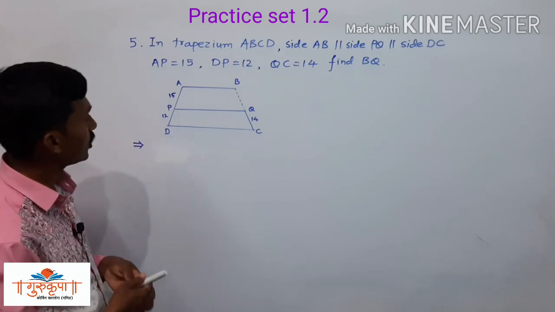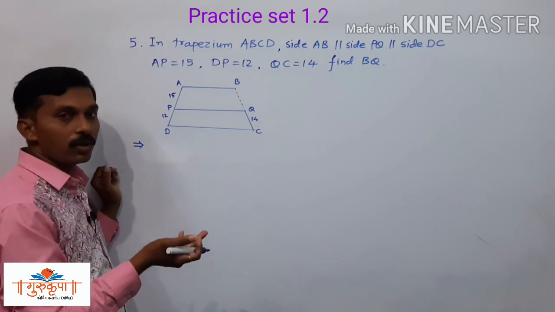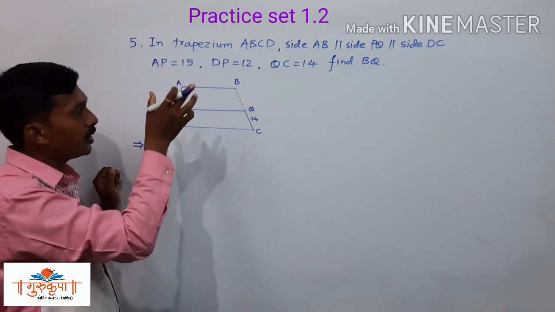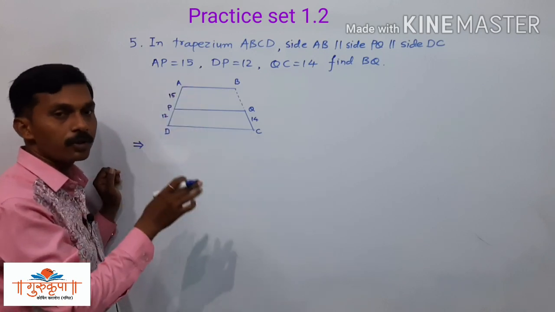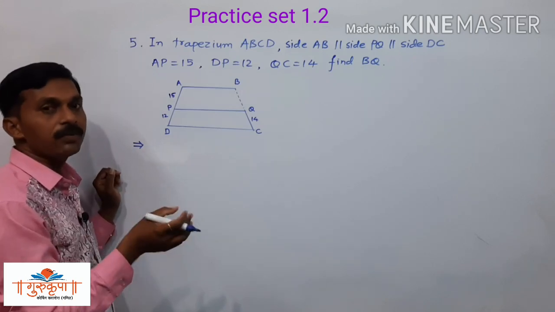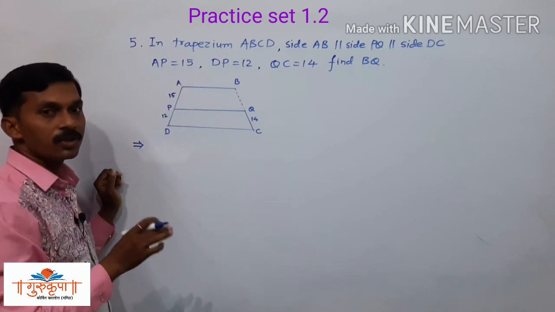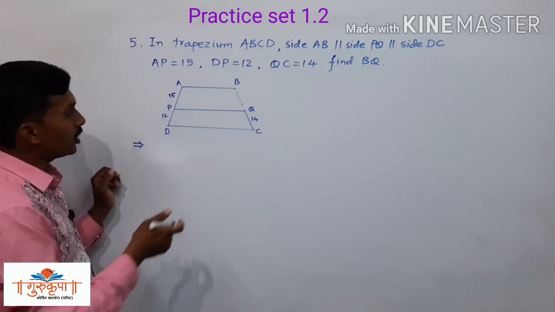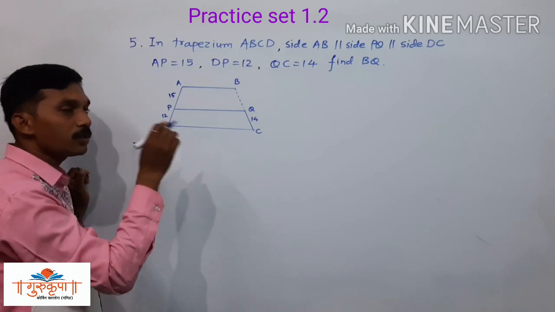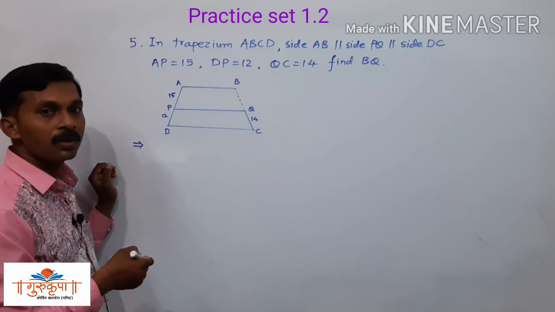First we will write the given information. In the previous lecture I already told you the structure of how to write the answer. First of all we have to draw the diagram. It is very important to draw the diagram. Then we write the given information, and then we use the theorem, property or converse to get the answer to the question asked. So here we draw the diagram. Now we will write the given information, and then by using the property of three parallel lines and their transversal we can find the value of BQ.